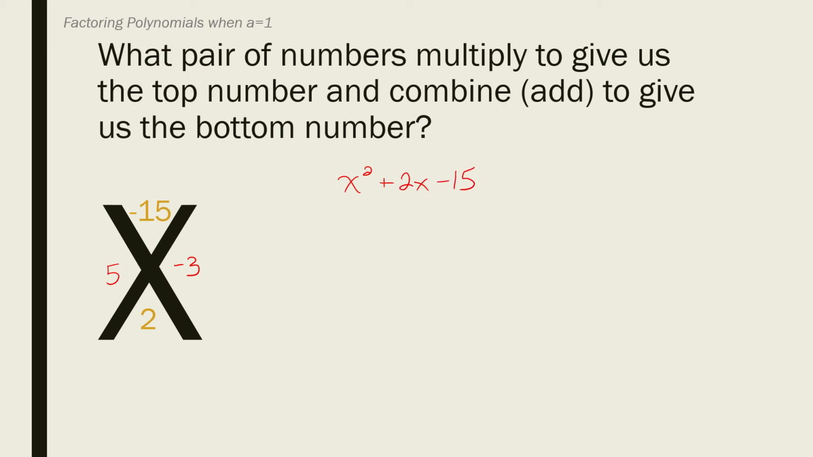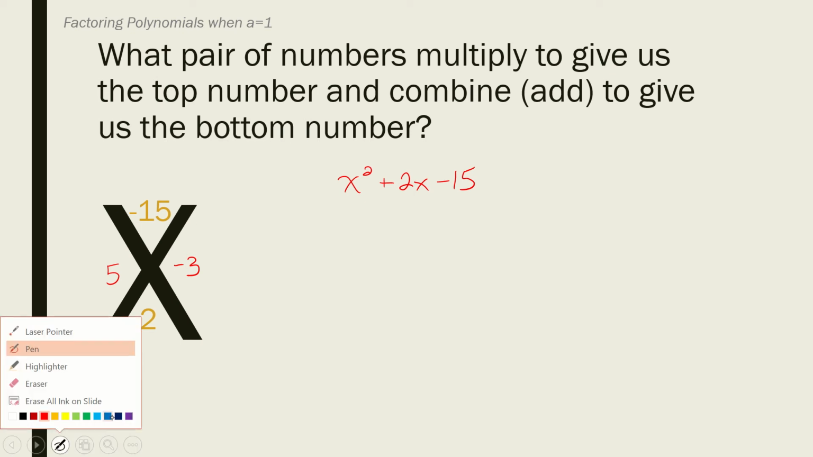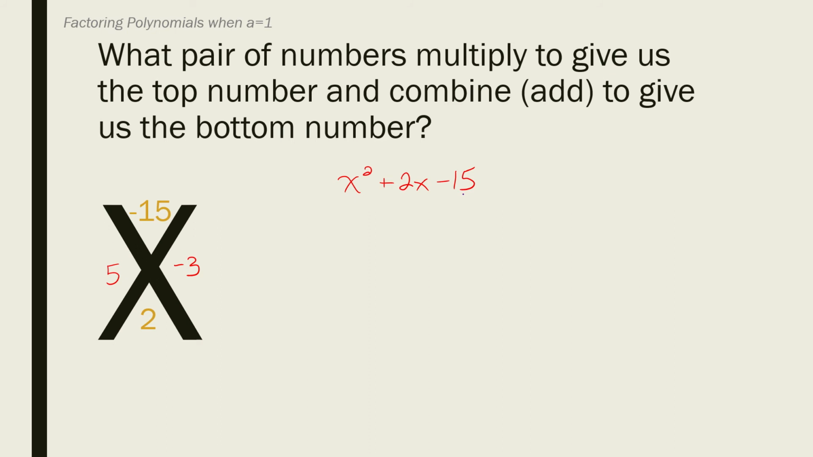If I gave you this quadratic trinomial and I asked you to factor it, what you're going to do is set up an x where you will put the last term, your constant, in the top of the x, and the coefficient of your middle term